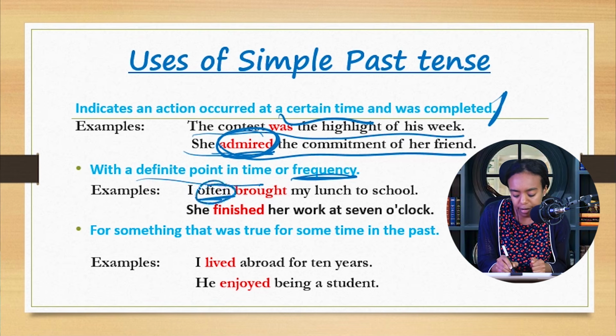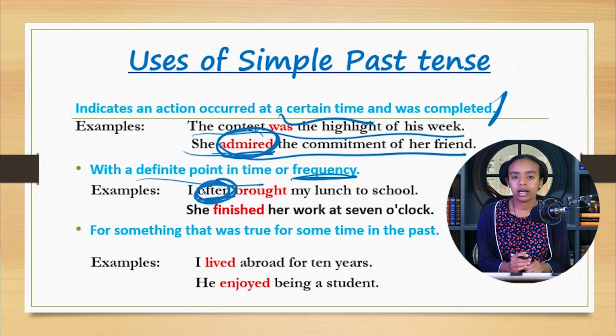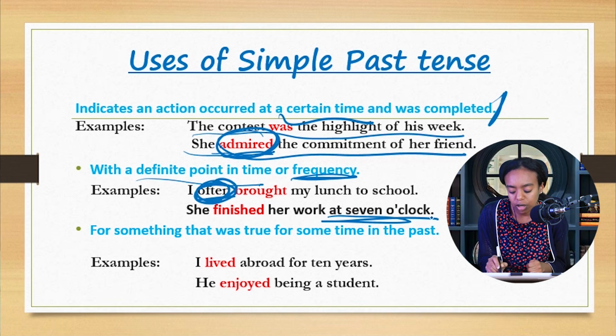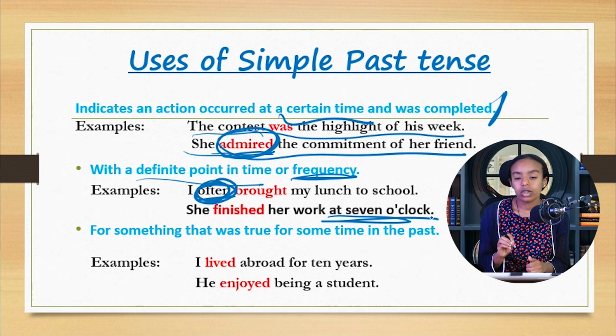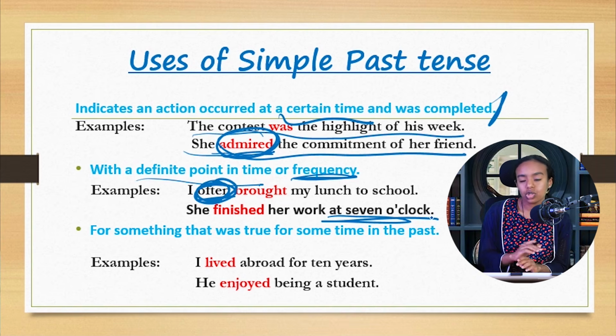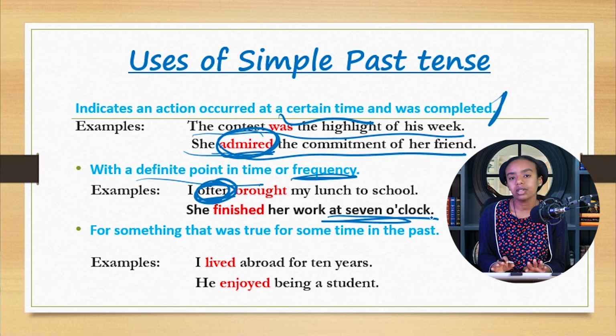ግን ከታይም አድቨርብ ጋር ነው የነበረን። In the past ምሳዬን በየጊዜው አመጣ ነበረ። She finished her work at 7 o'clock. ይሄ ደግሞ point of time ነው። ወርኳን ስራውን የጨረሰችው 7 o'clock 7 ሰዓት ላይ ነው። At that point she was done. ስለዚህ it's something completed with the point of time ሊገልጽልን ይችላል ማለት ነው።